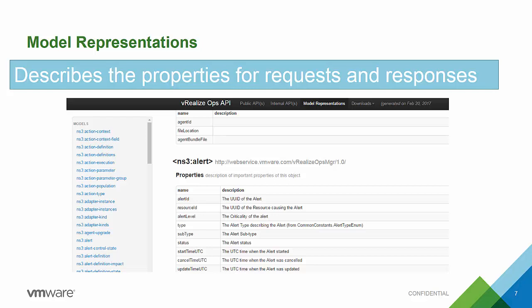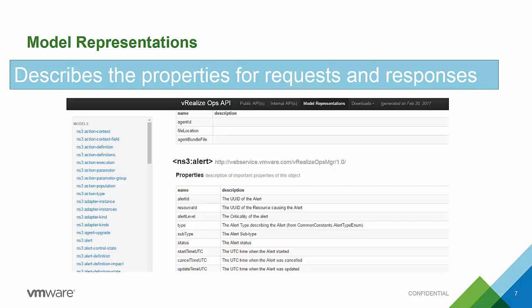The other part of the documentation that's really important is model representations, and this gives you a catalog of the properties for requests and responses that you'll make to and get from the API. There are a lot of little parameters that could be used as part of a request, and there are responses that you'll get back. So it's important to understand what these labels are referring to. You see here an example of an alert, and it's made up of all these different properties. We explain what those properties are, and you can't really see it on the screen, but it also talks about